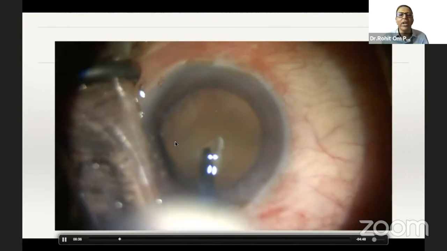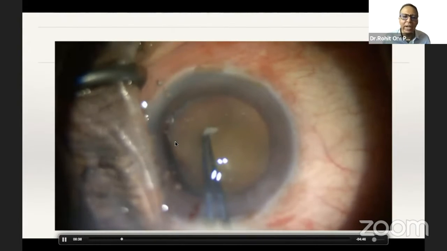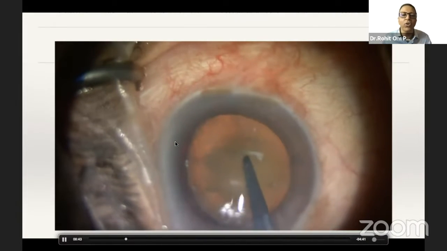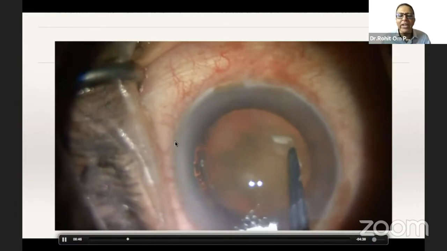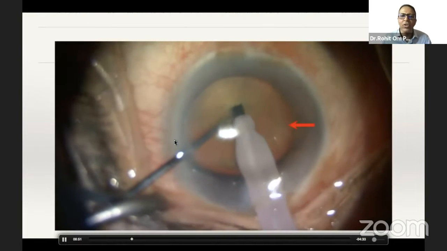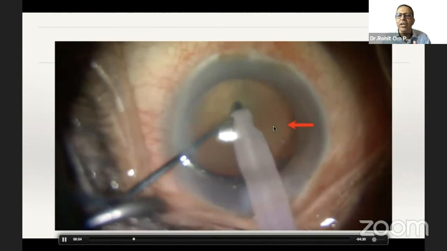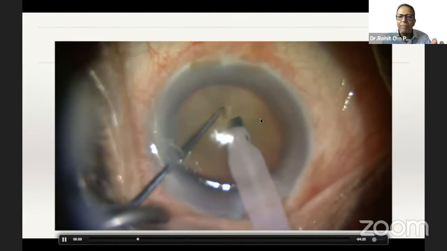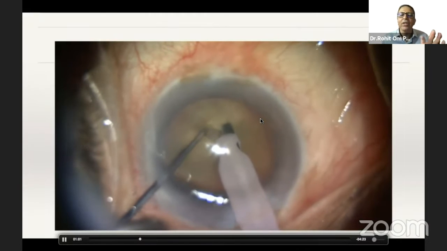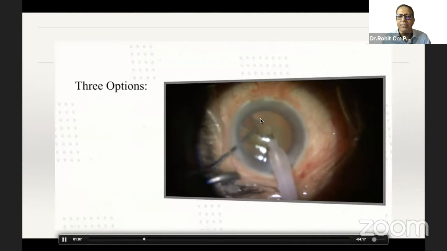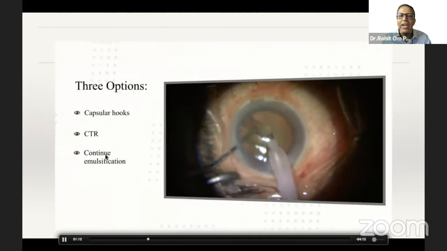or continue with the rhexis. So I thought I would continue with the rhexis, and to my surprise, I found that the zonules seemed to be quite good in providing the support. So I thought I'll just move. The moment I started, I found, yes, there was an area of zonular dehiscence. So I stepped down my procedure, my fluidics, slowed down my phaco procedure, and did a direct chop. At this point, I thought I'll use a capsular hook, CTR, and continue emulsification.